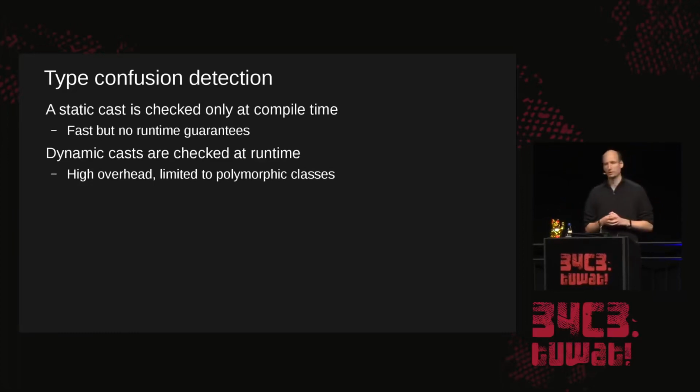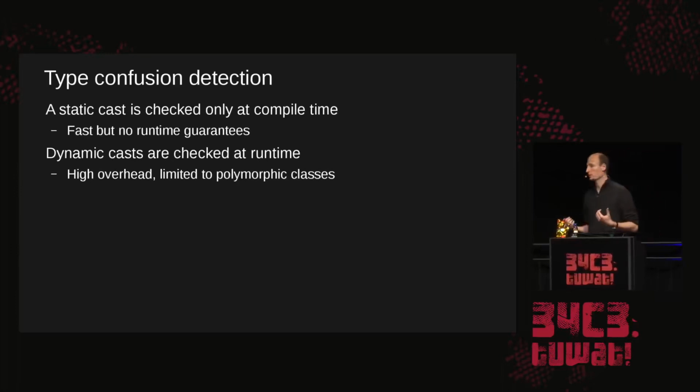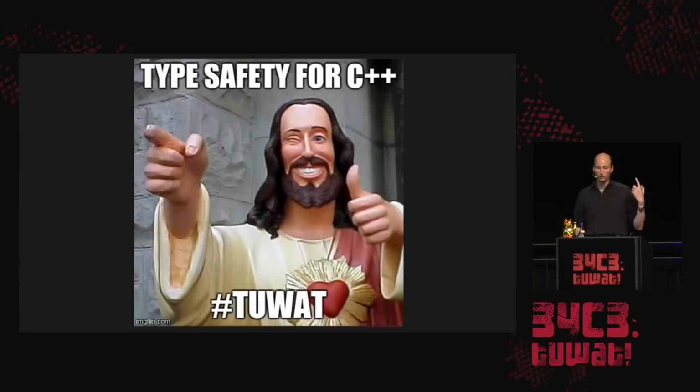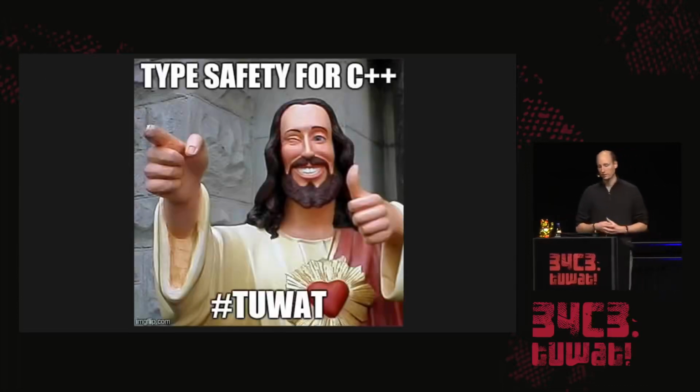Safe, object-oriented languages like Java, C#, and so on, whenever you allocate an object, have an object type ID that clearly identifies the underlying type. This is missing in C++. This is why we cannot explicitly check all the casts between any objects, but only for polymorphic objects with virtual classes. So we figured there's something missing here. We need to be able to do an actual type check for any of these objects. So according to the motto of the 34.3c, we figured we would bring type safety to C++.